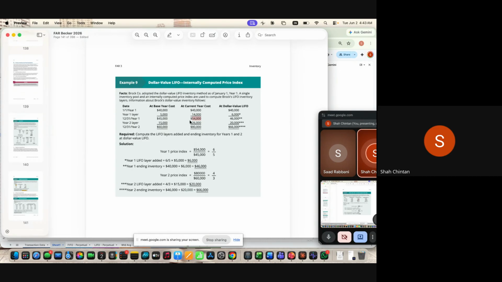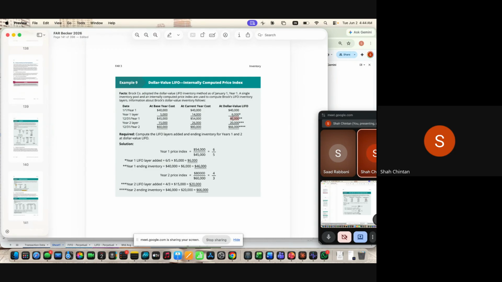So what government is basically saying is that 5,000 is your base year cost, but the general trend is saying that inflation has increased in the ratio of 6:5. So this 5,000 can be increased only to the extent of 6,000 because of the inflation and not 14,000. So now your revised inventory becomes opening balance of 40,000 plus purchase at a current year CPI adjusted price of 6,000, which means 46,000. So the value of your inventory is not 54,000, but is now